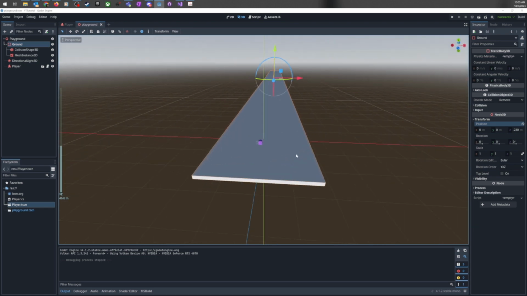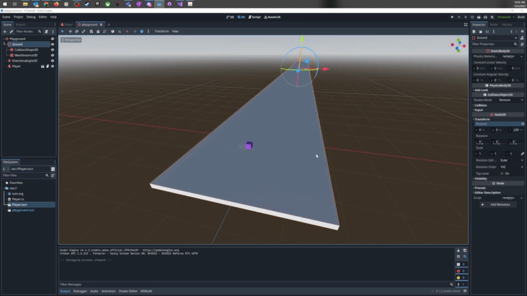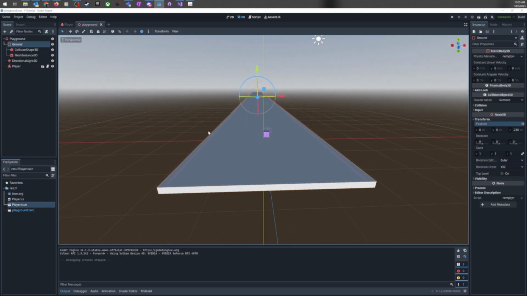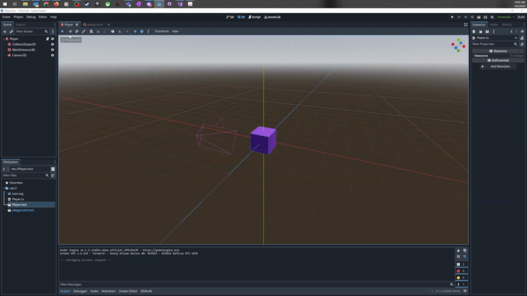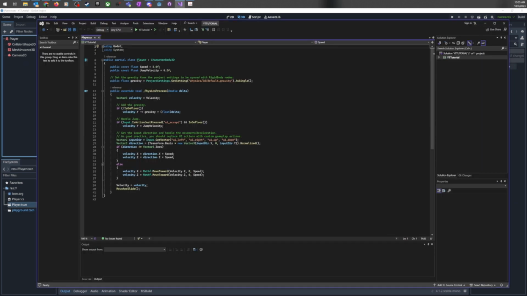Okay, so the character controller that Godot has given us doesn't really match up with what we want our character to do. It also doesn't feel all that great from the player perspective. So let's pull this script back up, go to our player, and mess with the script. Okay. So let's take a look at the code. Again, I'm assuming you have some familiarity with programming, but we will walk through what is actually going on in this code,